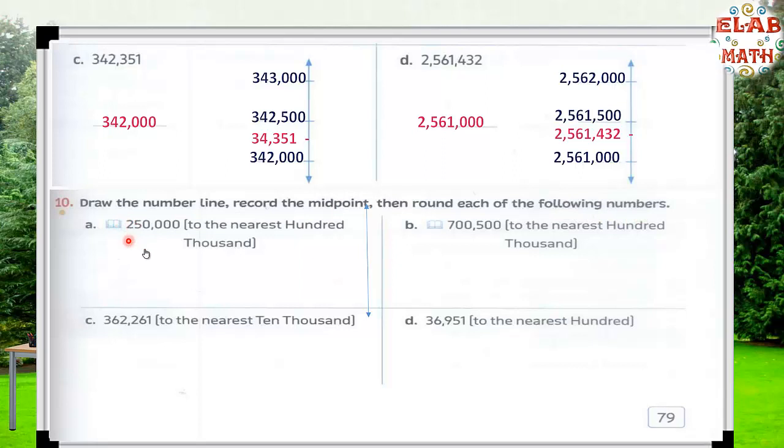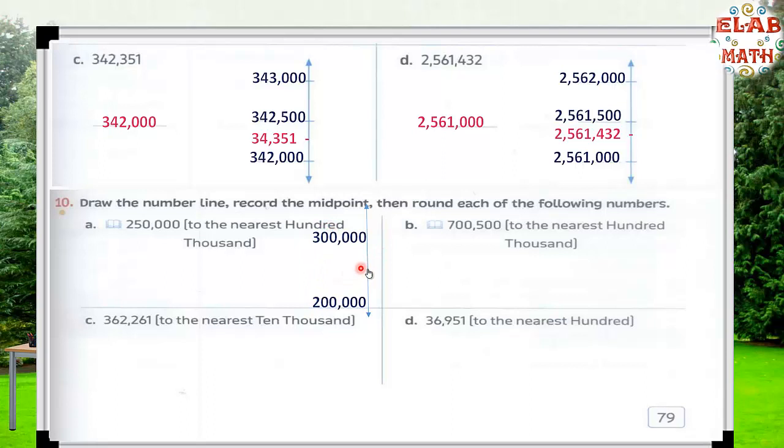Number 10, draw the number line, record the midpoint, then round each of the following numbers. We have here 250,000. Round to the nearest 100,000. 100,000 means here you should draw a number line first. After that, stand here in the 200,000 or 100,000 place. Write 2 and all digits after 2 you should write zeros, like this. 200,000. Add 1 to this digit to be